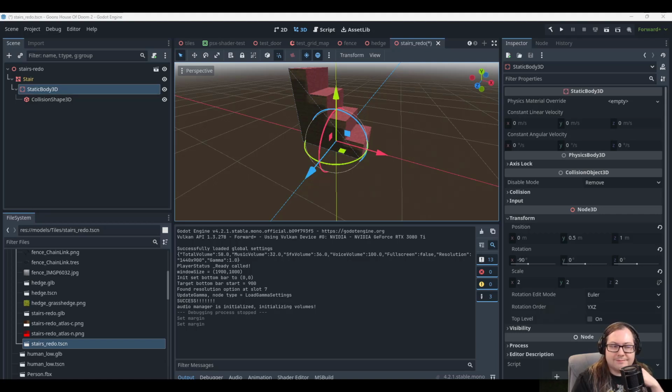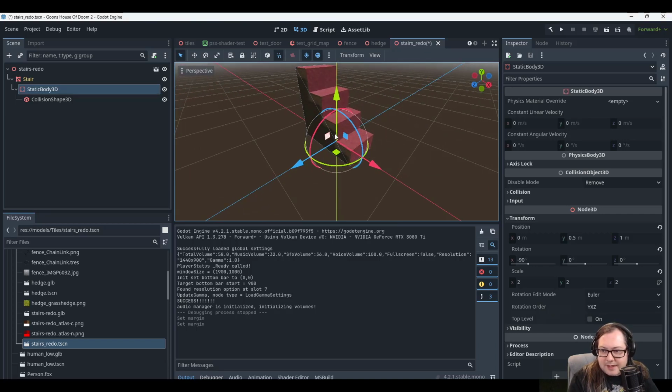I don't know if that's actually what I'm running into here. Even as is, I know obviously the player's gonna kind of sink into that. That's fine, we can adjust that afterwards, but,